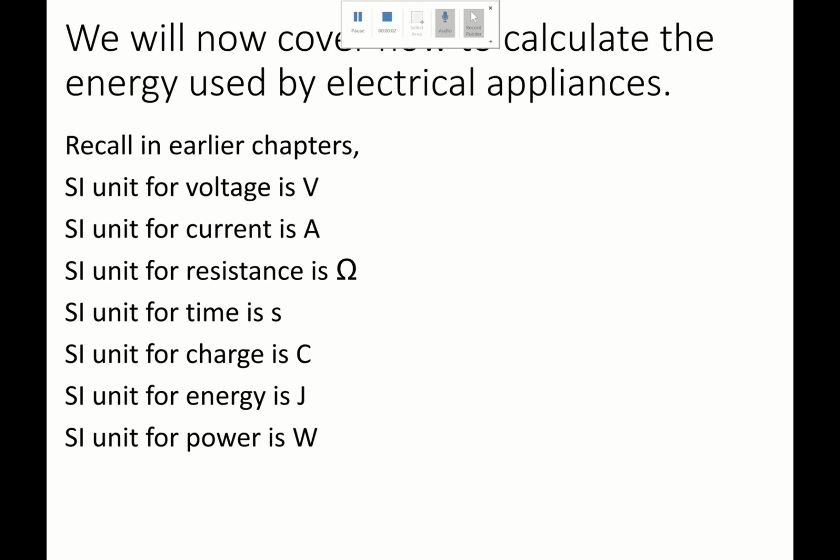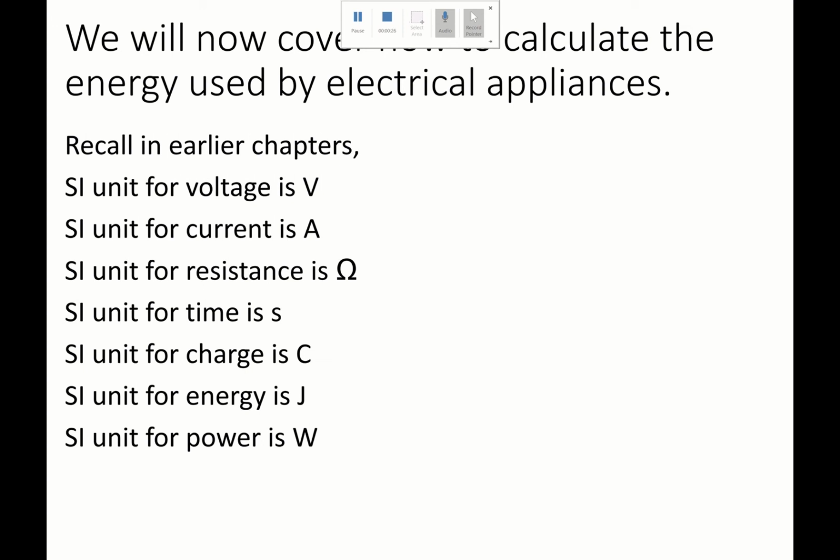Hello everyone. For the first part on practical electricity, I'm going to show you how to derive energy and power for application purpose. Now you recall that under current electricity and DC circuit, what I've listed here are the terms which you already covered in those two chapters, and you need to recall the SI unit and the meaning of